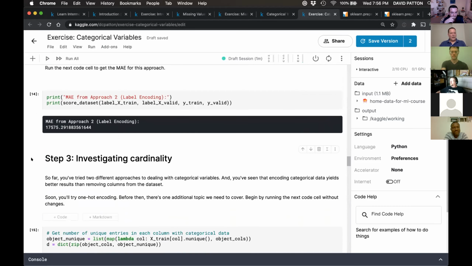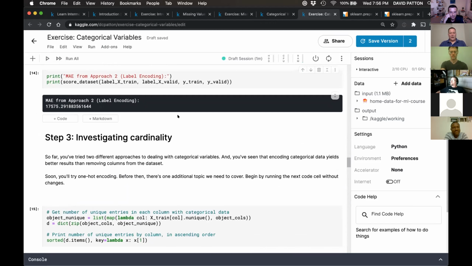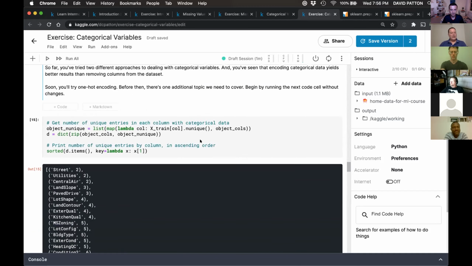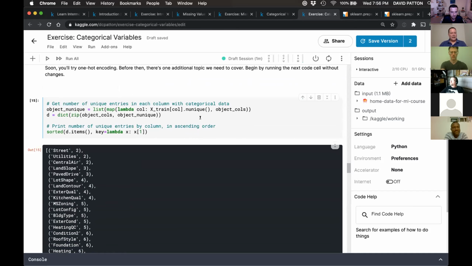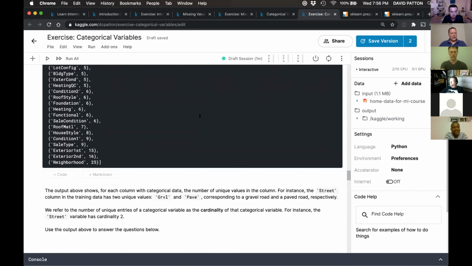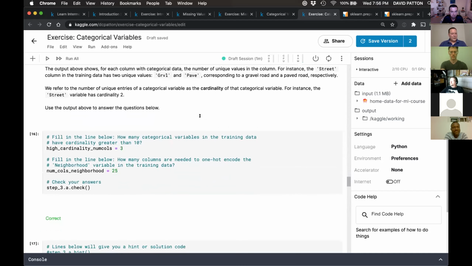Then they asked you to think about what happens if you have a really large number of categories and you do something like one hot encoding. We talked about how you end up with a huge number of features because you're introducing new columns for each category possibility. They just give an example here.